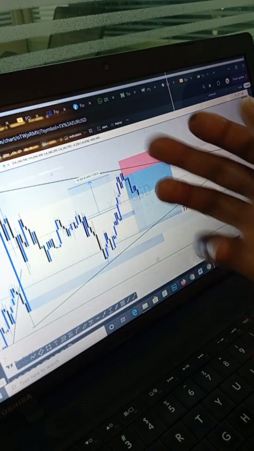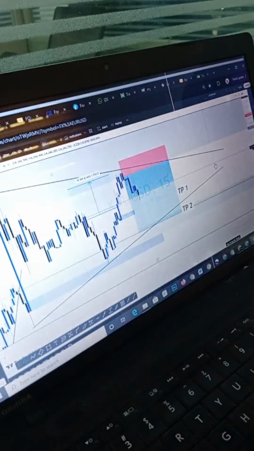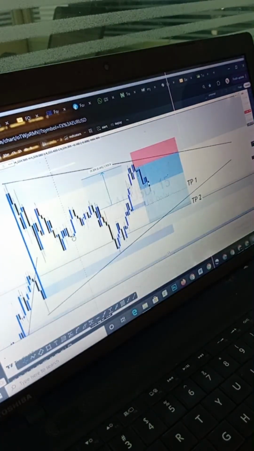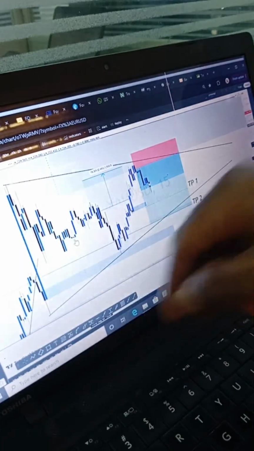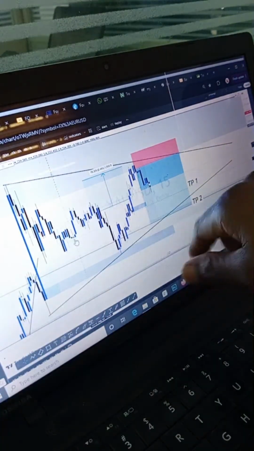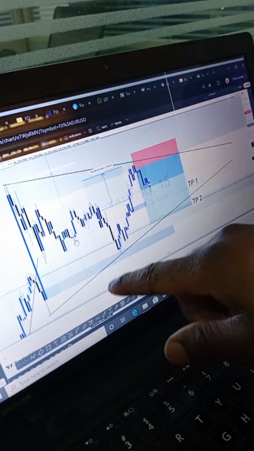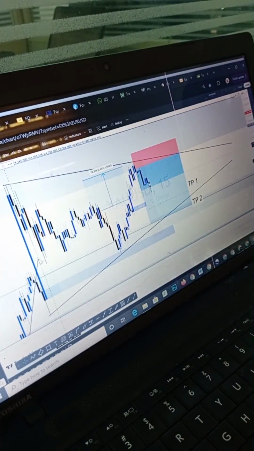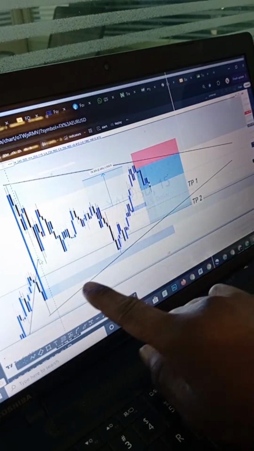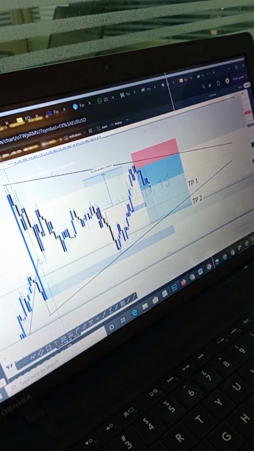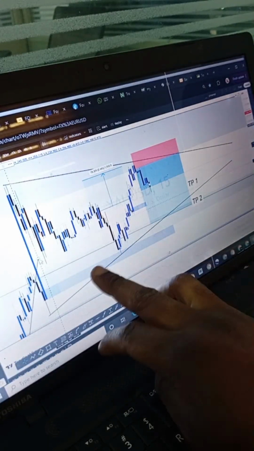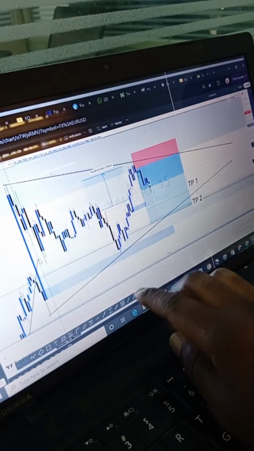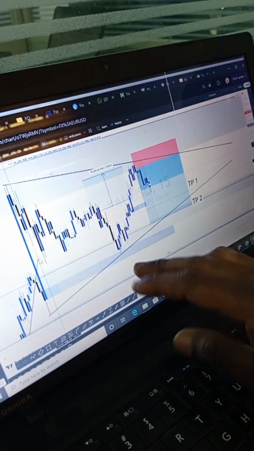We had this impulse, which came as a result of the news sometime last week. This is the beginning of a fresh new week, so we had to watch out for this zone, because we had already marked out our zone clean and clear around here. Since we've marked out our zone right here, the next thing is to be looking out for what price is going to